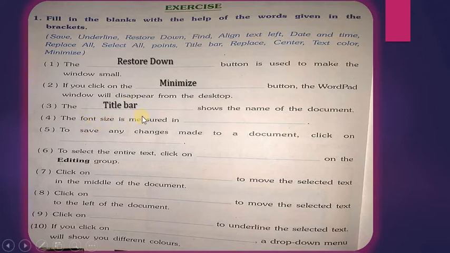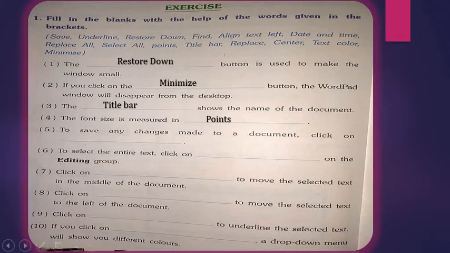Now the font size is measured in points. What is the answer? Points, because the font size is in numbers. So numbers are called points. 1, 5, 10, 15, 20, 25, 24, 35, 36, 72. That we showed in a practical lecture, the font size, right? Remember? If you do not remember, then we can see in the next lecture, but now the correct answer is point. The font size is measured in points.